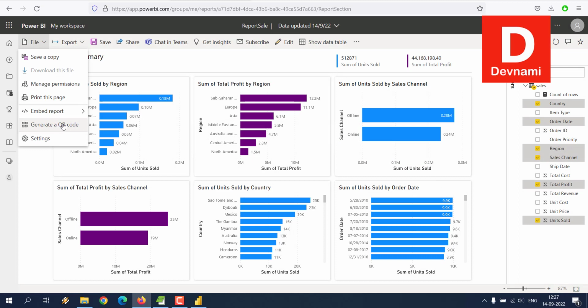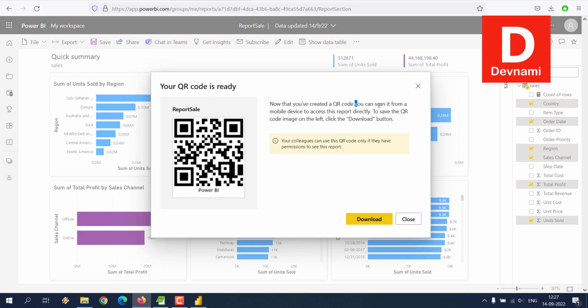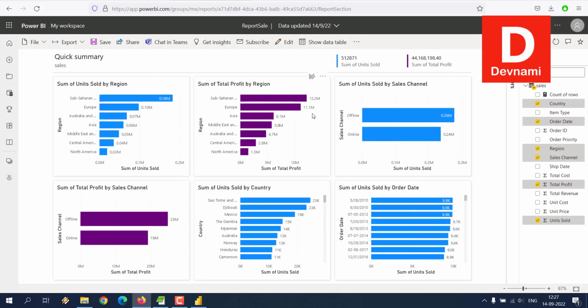You also seem to have generate QR code option, so we can generate the QR code, right? You can scan it from mobile device to access directly, right? It will still require a permission, right? So if you have mobile, you may want to see if it's accessible, but you will need my permission and your email address within that shared permission part, right? Then it will be available for you to view,